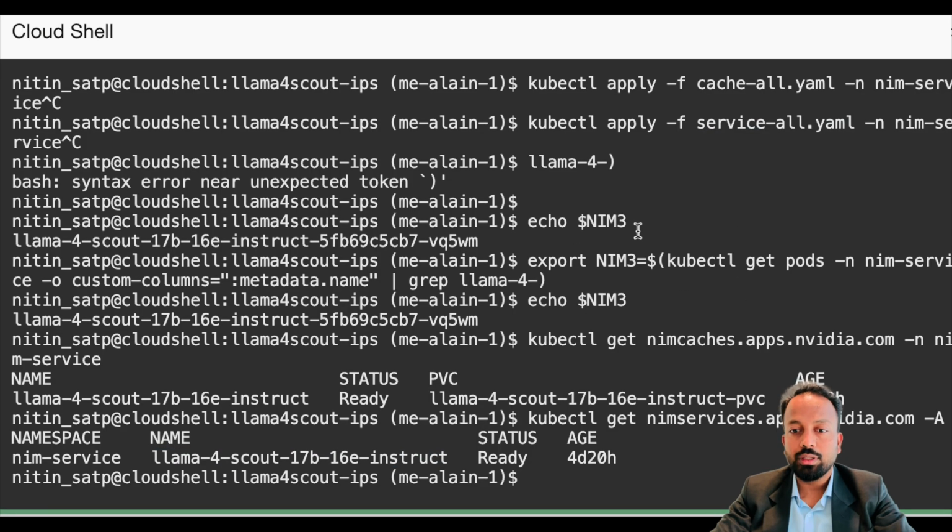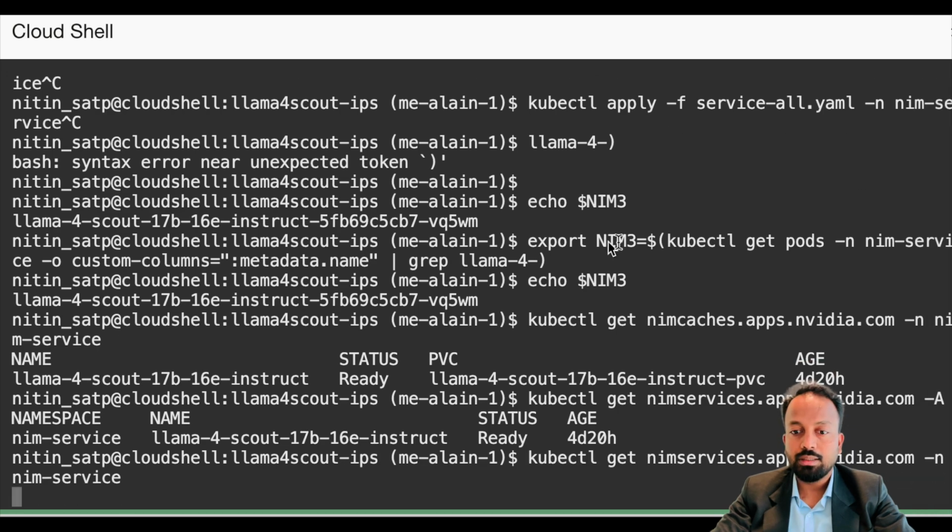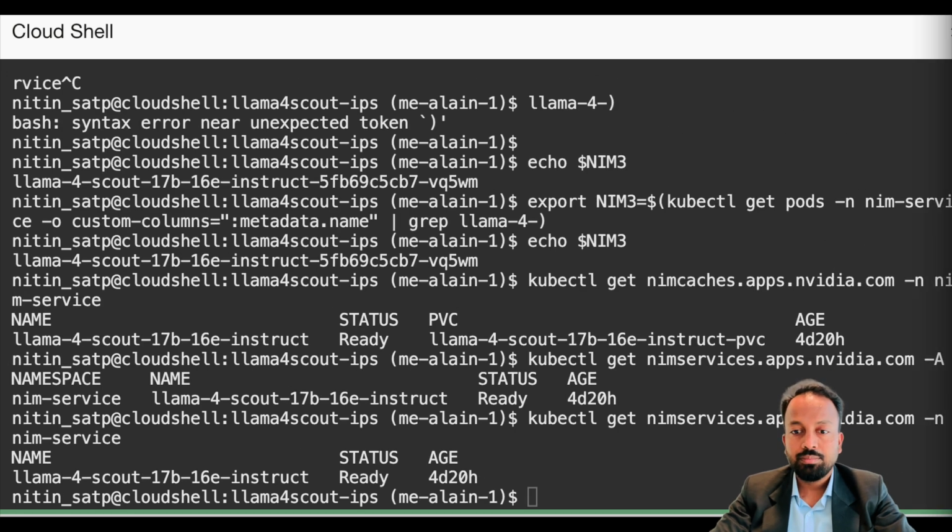And also you can check whether the pod is running or not. For the cache, the pod will be running and later on it will be destroyed as soon as the cache is ready. But once you run the service, the pod will be running continuously because it's a service that will provide you the endpoint. So that's another detail of the services. The names may be more or less similar. You can see the cache is attached to this PVC.